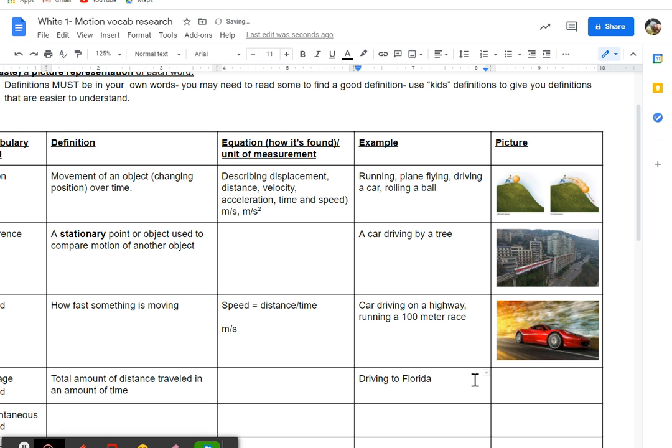So driving to Florida in 17 hours. Driving in a car, you're changing your speed throughout the time. So really when we're talking about average speed, we're talking about